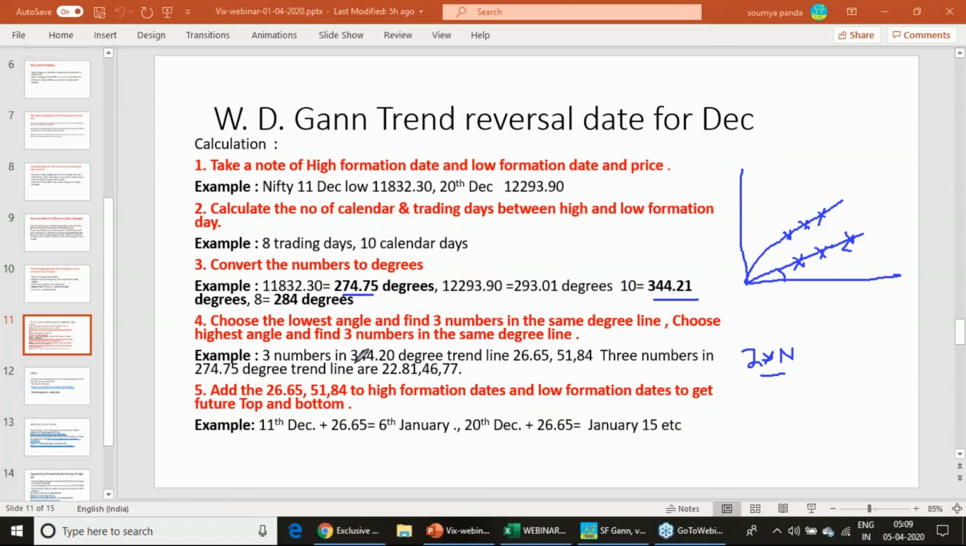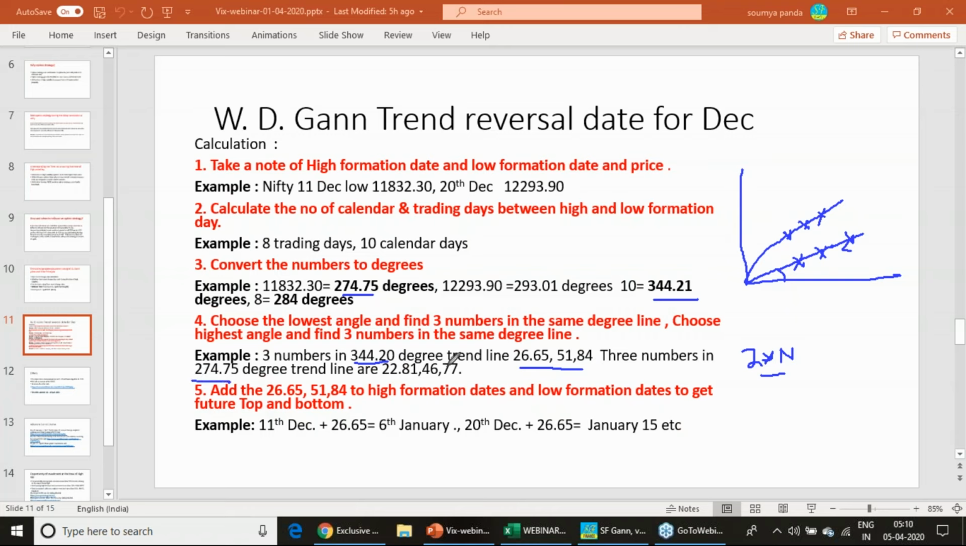here I am getting on the 344-degree trend line three numbers, 26.65, 51 and 84. Formulas I will show you. These are the three numbers present in the 344.20 degree trend line. Same way, there are three numbers 22.81, 46 and 77 present in the trend line which is making